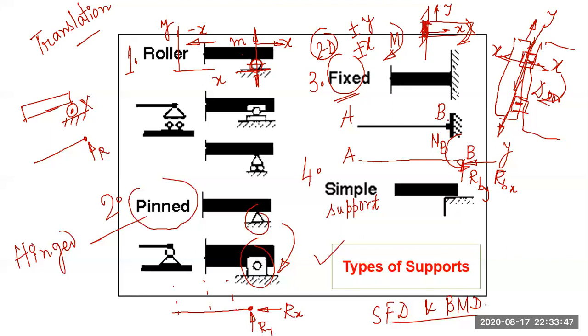Why clockwise or anti-clockwise? Because that moment direction, if you assume anti-clockwise, and ultimately if you get the answer, say minus 7.325 Newton meter, if you get a plus sign, that means actually it was anti-clockwise. But if you get a negative sign and the same value, that means the magnitude of the moment at point B is 7.325, but conceptually the direction is clockwise. So there is no harm in such types of assumptions. Is it clear? Next, support reaction.